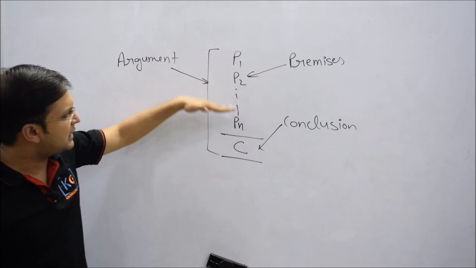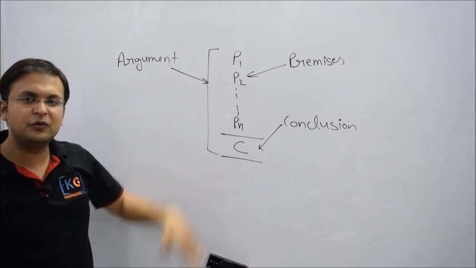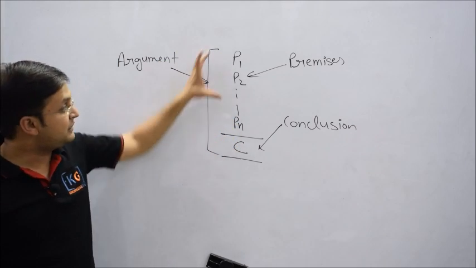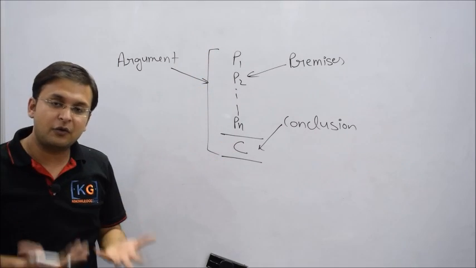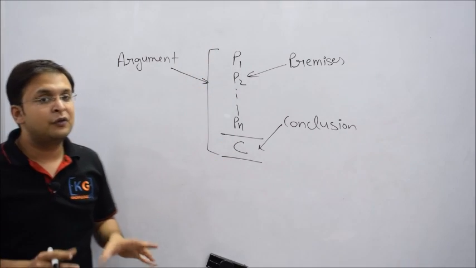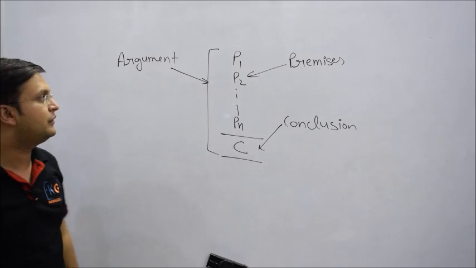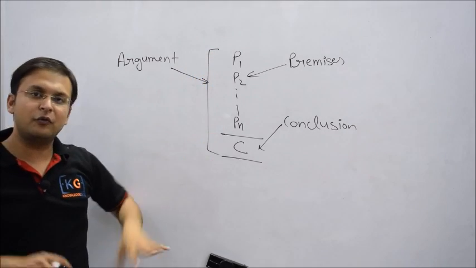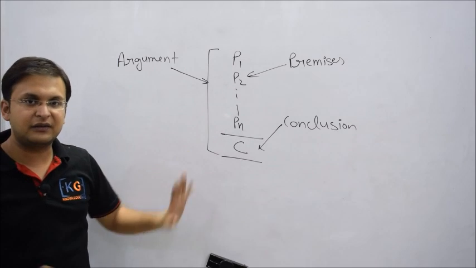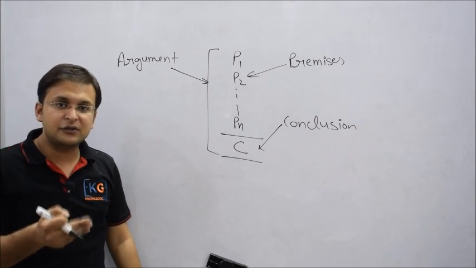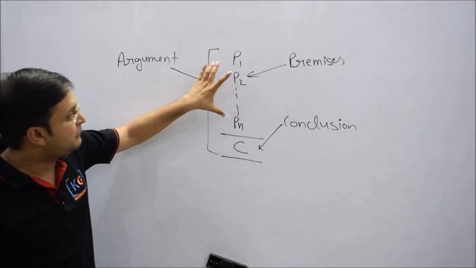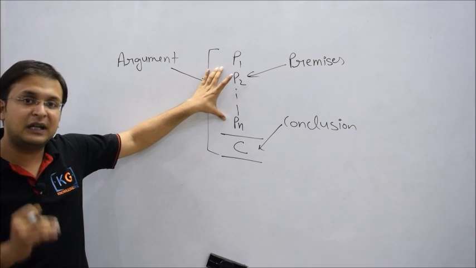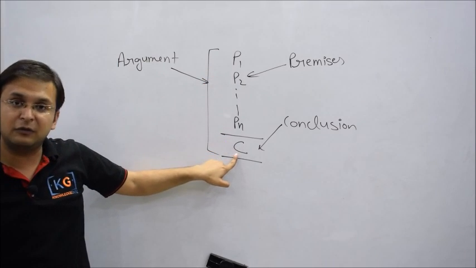If these premises are true, then only we say that conclusion C is true. Now this entire logic can be true or can be false. So what is our task? You must understand that the premises are always given in the true format, meaning whatever they say is right. Our task is only to find whether those premises are sufficient to conclude the conclusion or not.